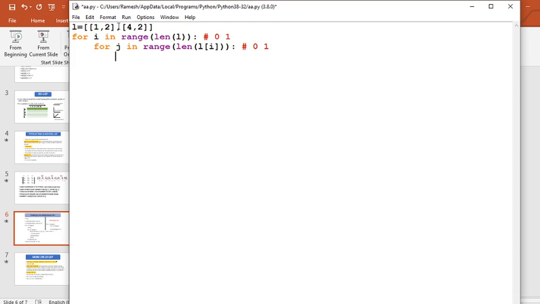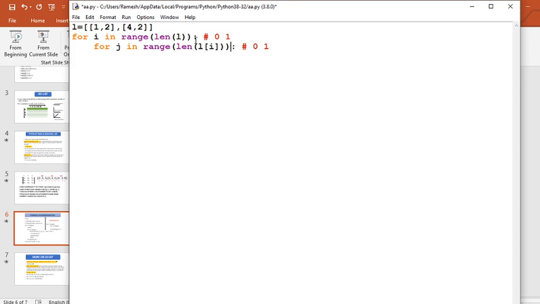Let us suppose this is our list, and we have to traverse that list. Now see student, there are two loops. The outer loop will always control the row part and the inner loop will always control the column part. This we have already discussed in our pattern programming, where we discussed how to control the rows and columns, because all the pattern programs are based on the matrix.